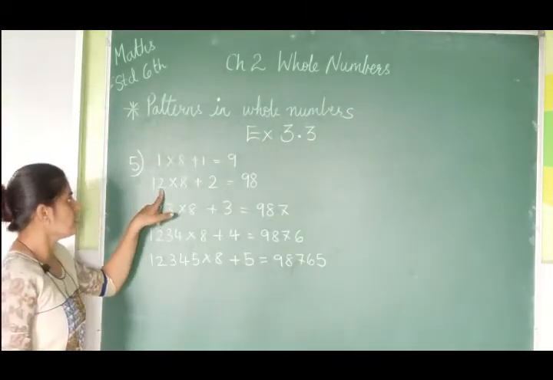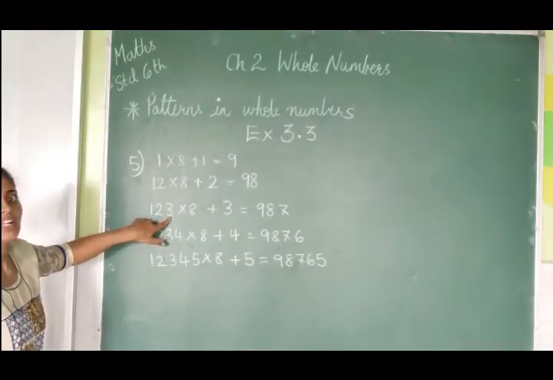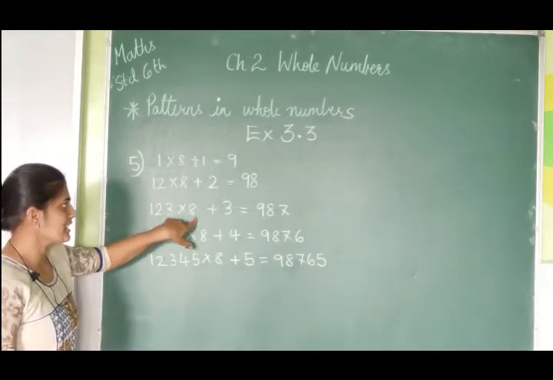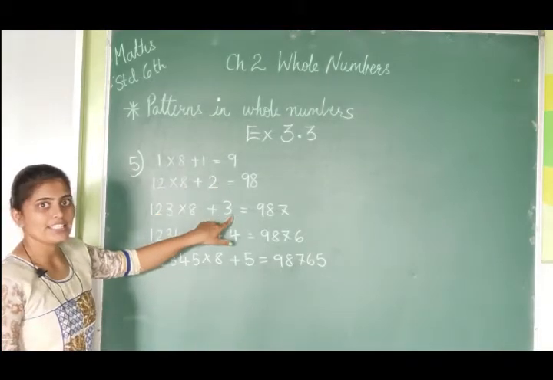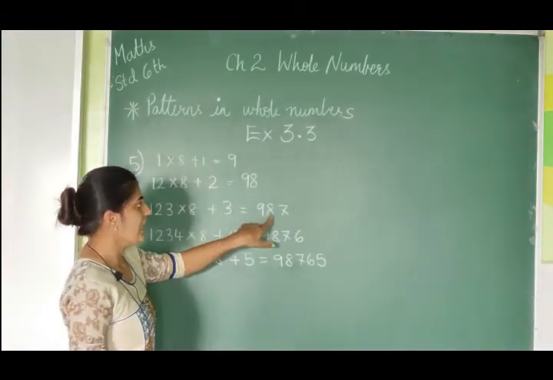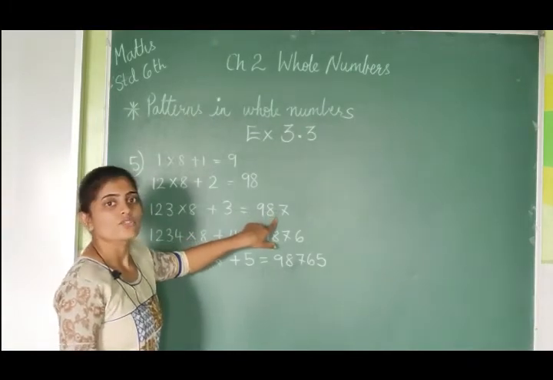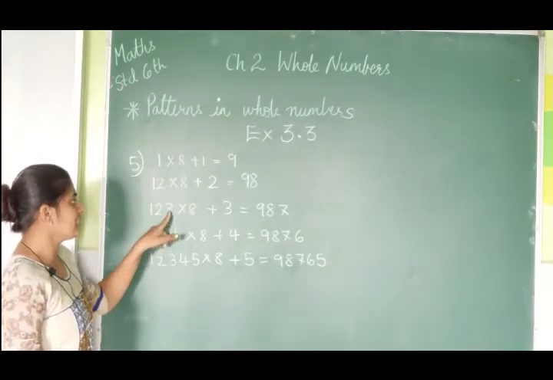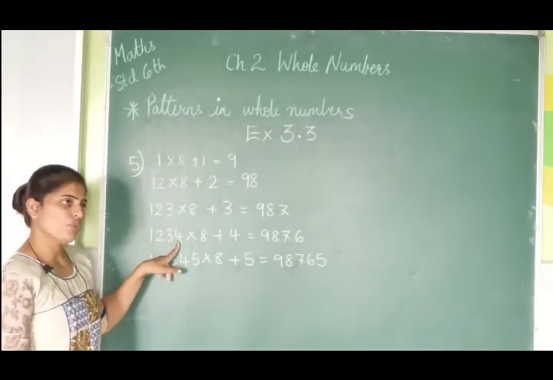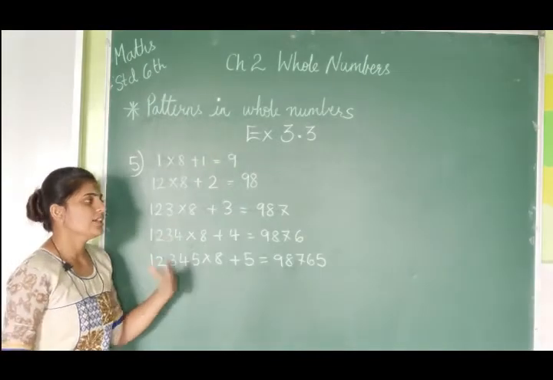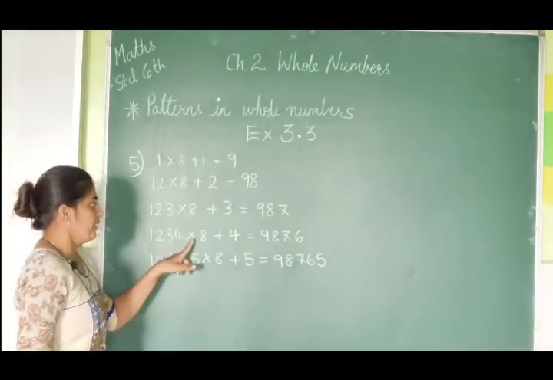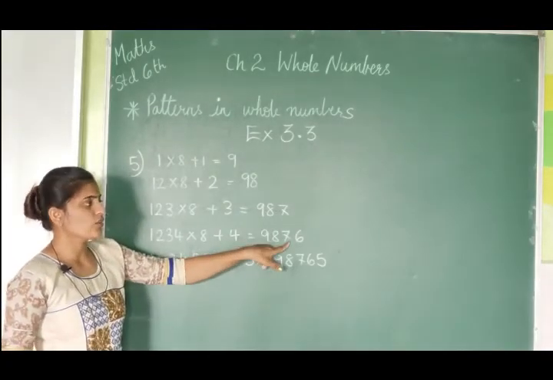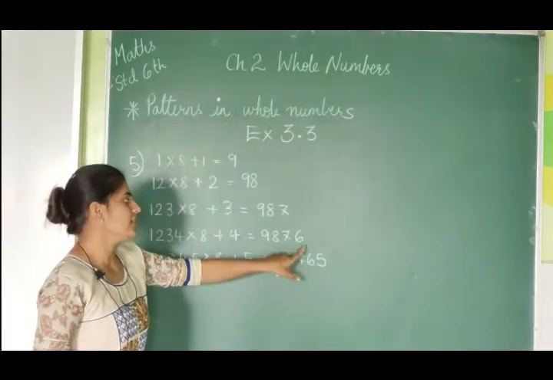So here you can see 12 was there, now 3 we are writing with it. 123 multiplied by 8 as it is, plus after 2 we are getting 3, so plus 3 will be equal to 987. 98 is also there, so 8 minus 1 is 7, so 9 8 7. Now here you can see till 3 we were having 1 2 3. Now we have to write down 4 over here. 1 2 3 we have to write in increasing order, plus 8, plus after 3 comes 4, is equal to 9 8 7 already are there. We have to write 7 minus 1, 6 over here.